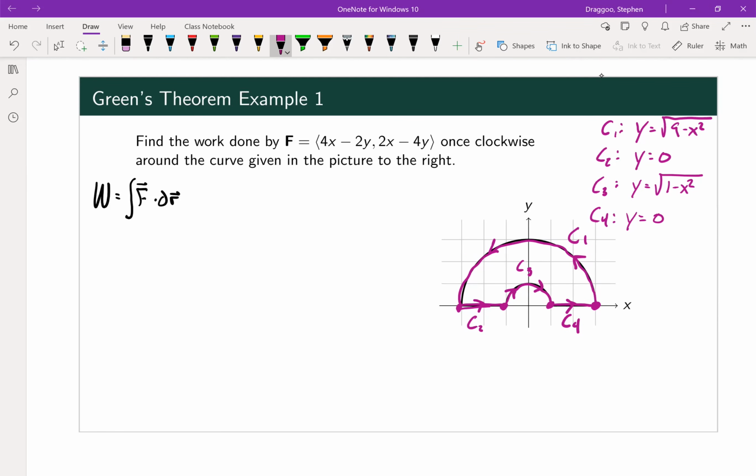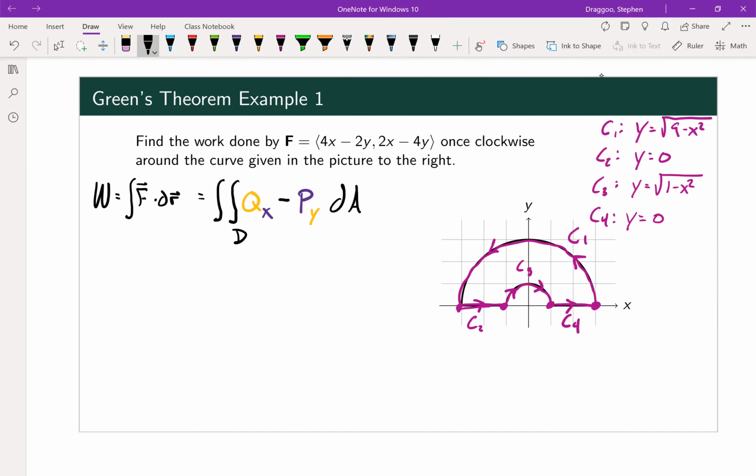Hey, what a surprise. It's the section on Green's theorem, and we're actually going to use it. So let's get cracking on this thing. Instead of doing 4 line integrals, I want to do a double integral over some partial derivatives, where I am going to start with q, but I want partial x, and then I'm going to subtract p, being the x component, but I want the partial y this time. So p partial y, and then all of that is in terms of dA,